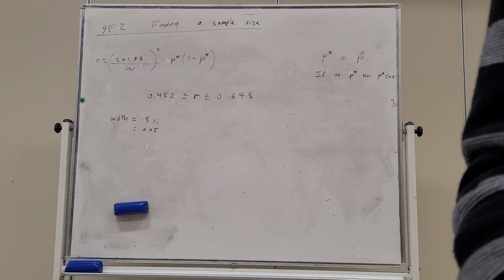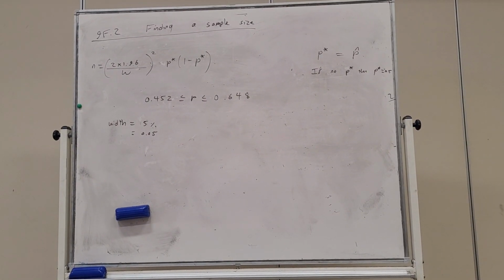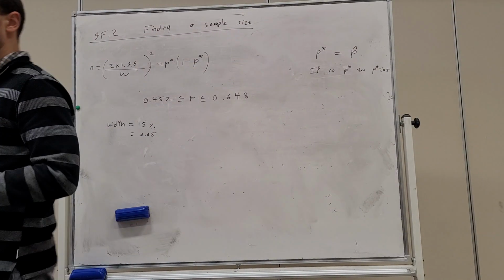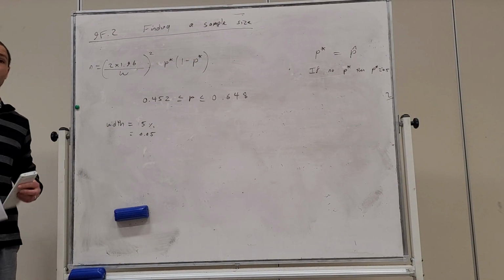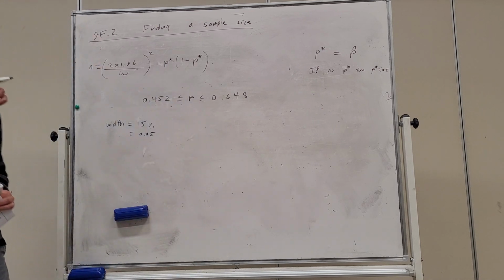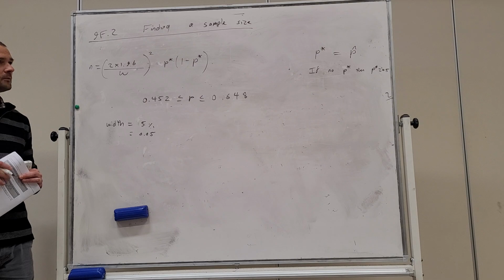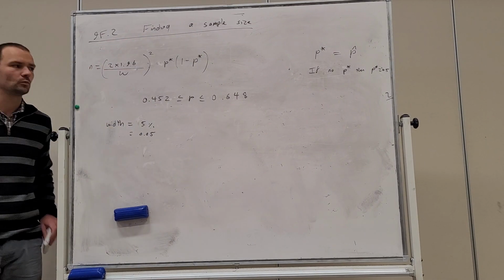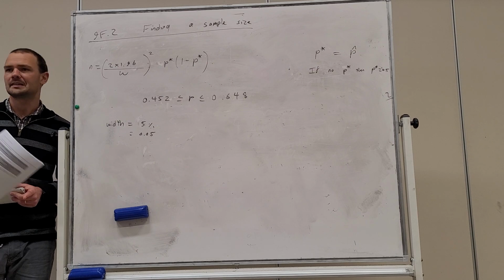Very good. So this follows directly on from 9F. We were talking about confidence intervals for proportion. And you recall that in 9D we were talking about confidence intervals for mean, and then we went on and calculated the sample size and tested claims. We're doing the same thing with confidence intervals for proportions. So firstly we're finding a sample size to justify a certain width, and then we're going to test claims as